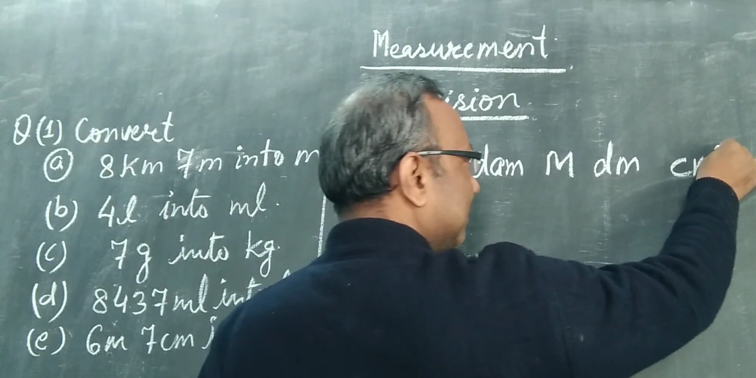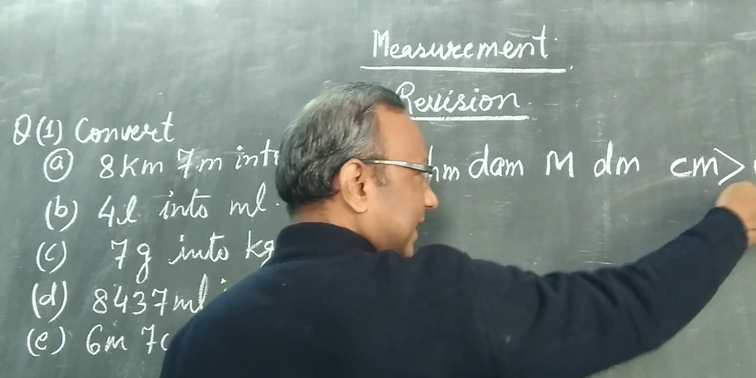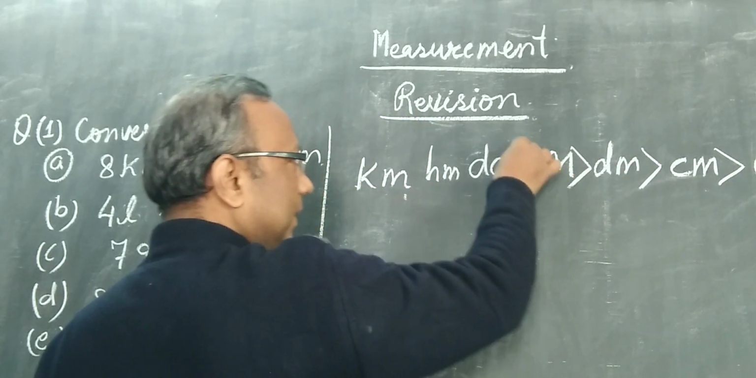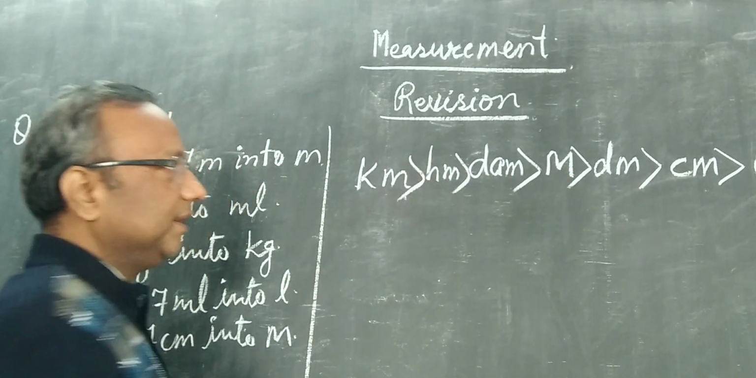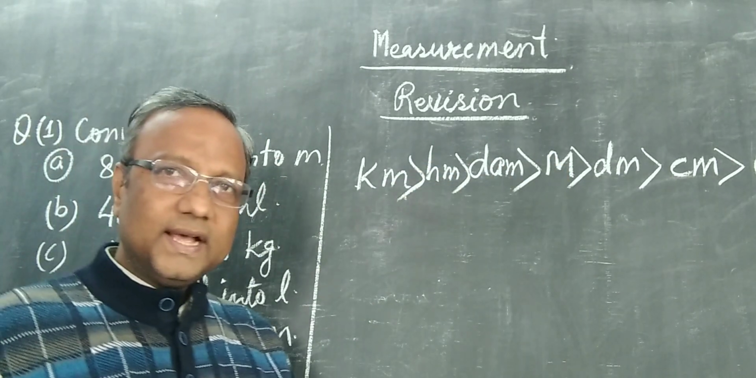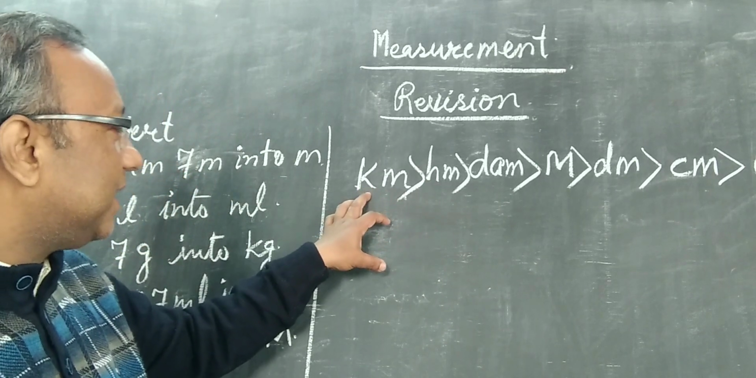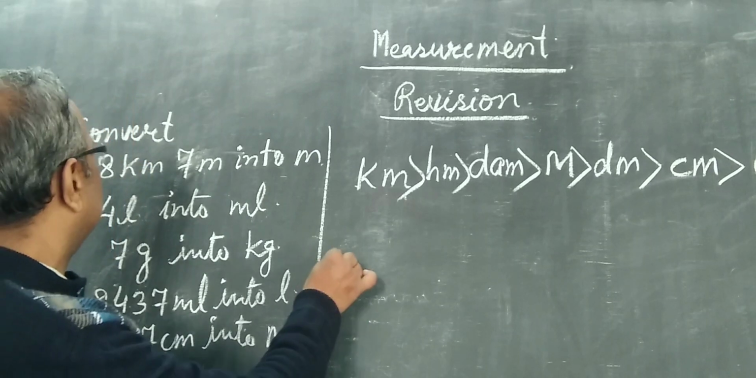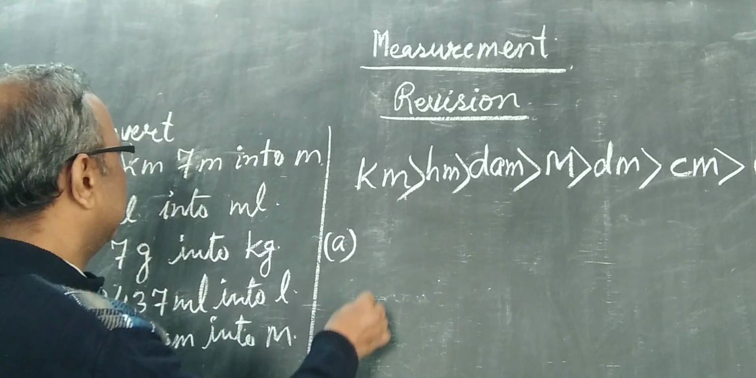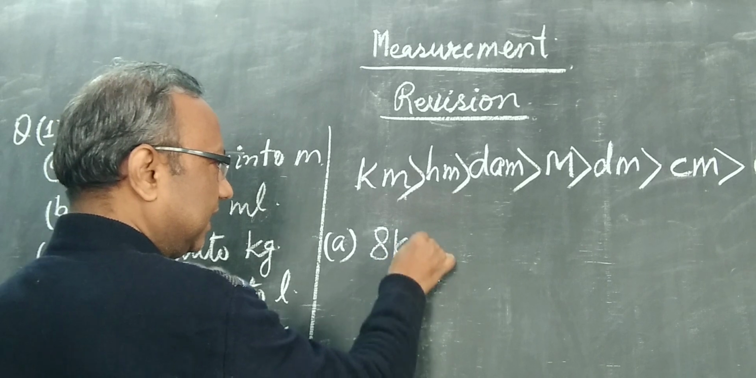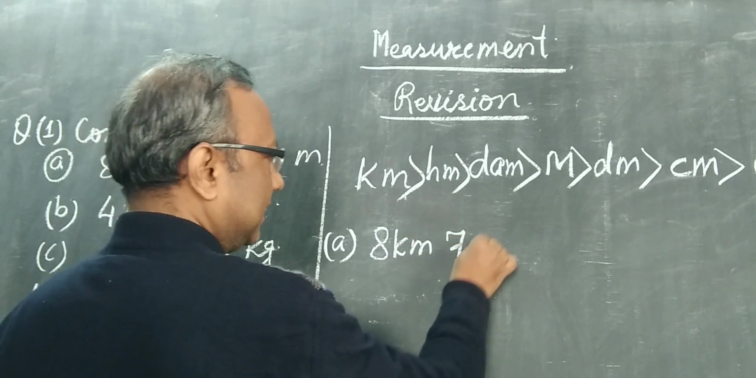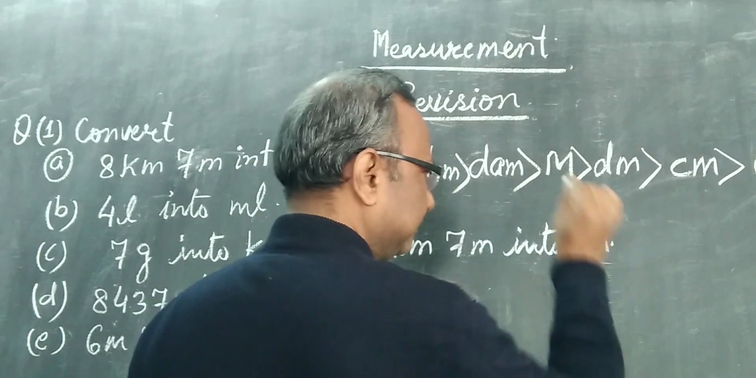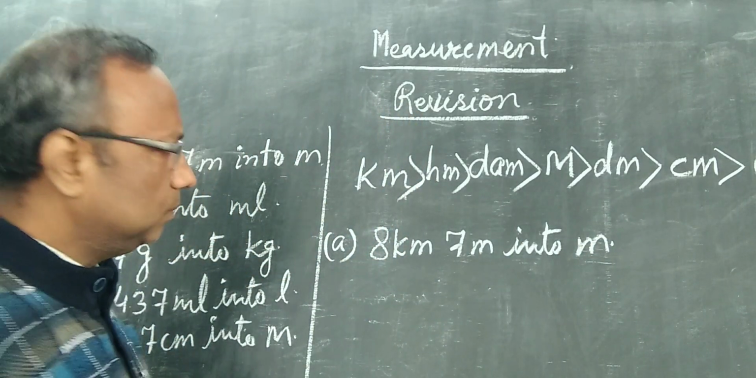So now see, we can put the symbol. Centimeter is greater than millimeter and decimeter is greater than centimeter. This way we will put the symbol. Now clearly here we can see kilometer is greater than meter. Now take example A, given here: 8 kilometer 7 meter into meter. We have to convert. Now boys,